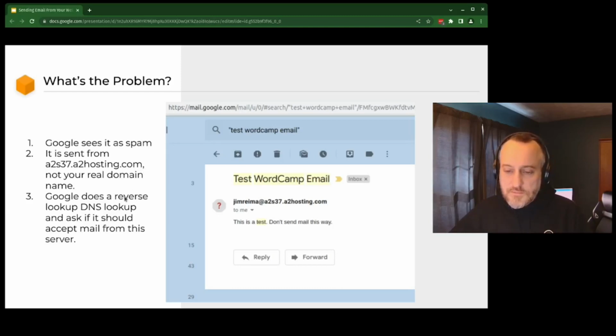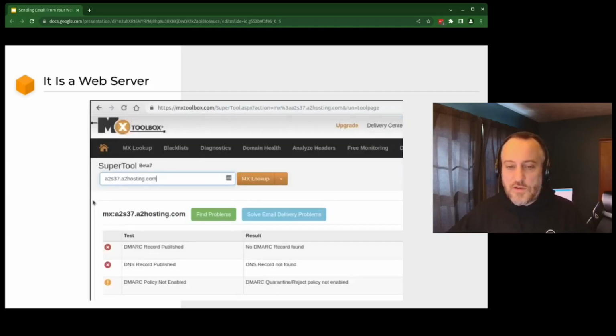And DNS does a reverse DNS lookup, and it's like, hey, what do we do with this mail? And so it's flagged as spam, basically. And if you don't install a plugin to do this on your web server, it's going to use whatever is available for it to run, and I'll walk you through this.